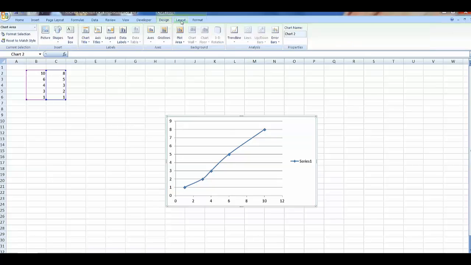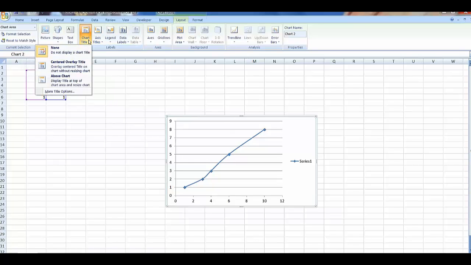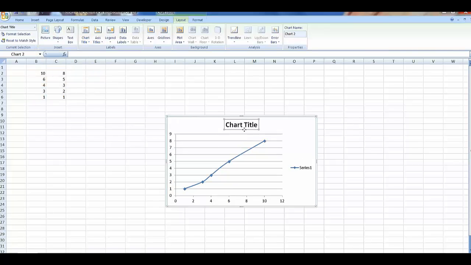So we'll go to layout, and we get a whole bunch of different drop down boxes here. And the two we're going to look at right now, we're going to look at chart title, and none, center overlay over title. Let's try the above the chart, and you can see the chart title is here,